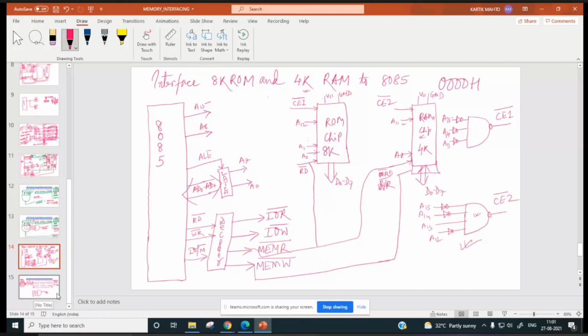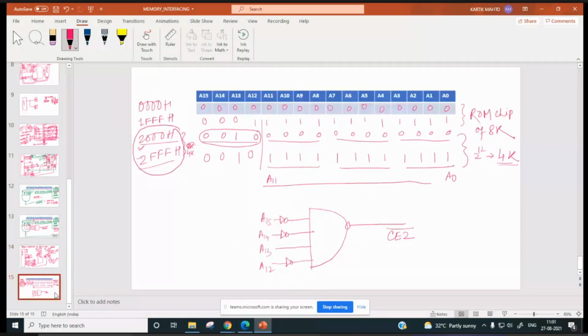Now let us expand the memory. Right now 8K plus 4K, only 12K out of 64K is being used by the processor. So we can expand this up to 64K.